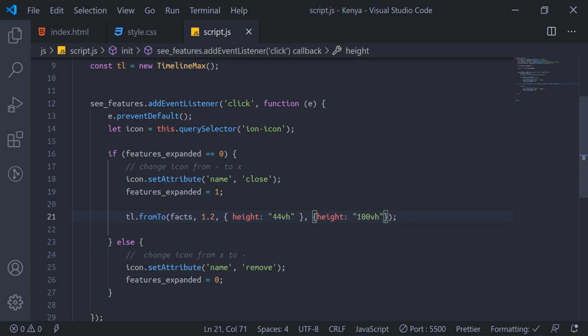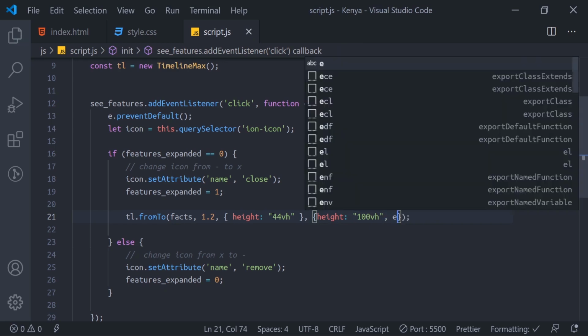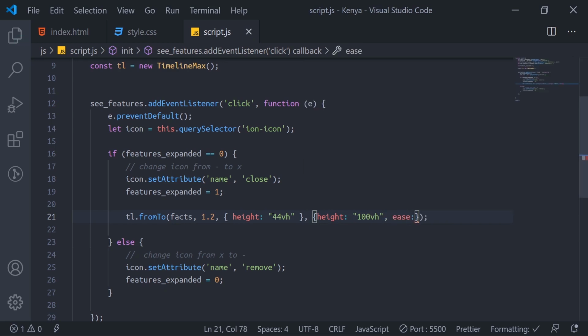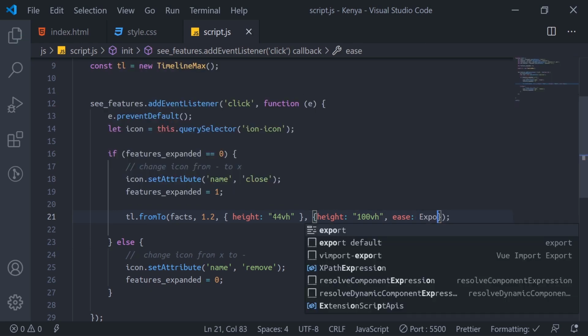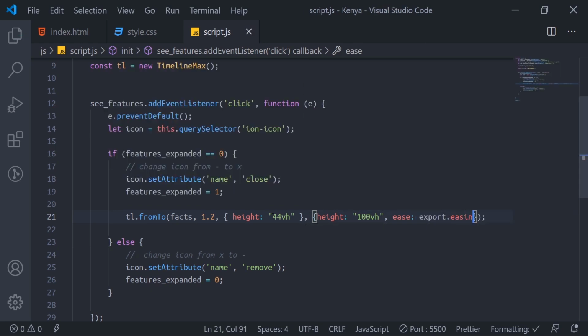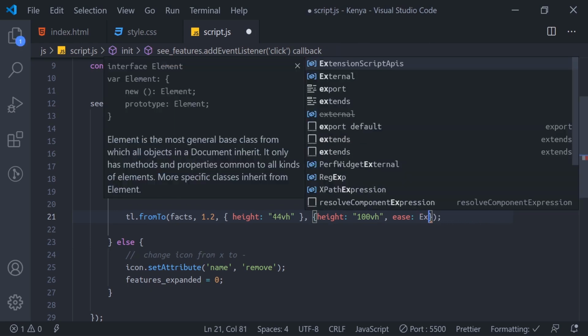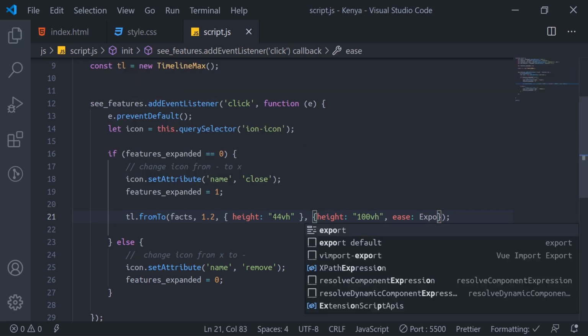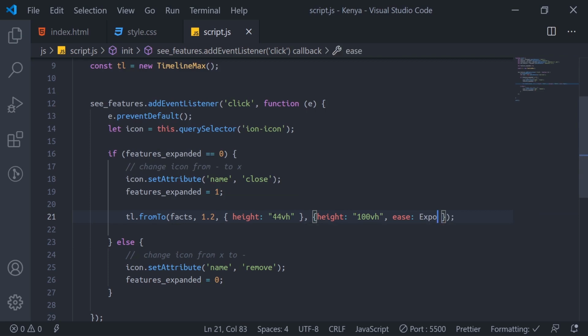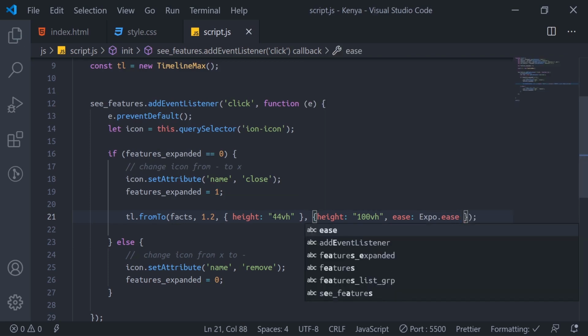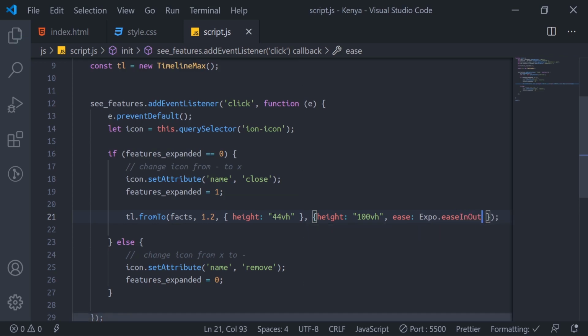Then we'll set ease. The ease will be expo.easeInOut.